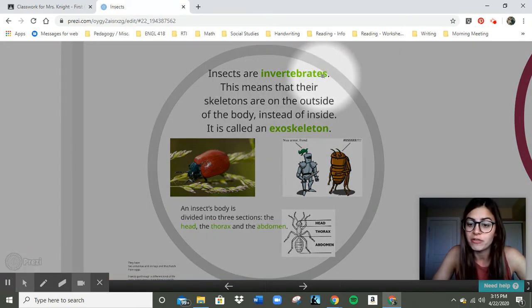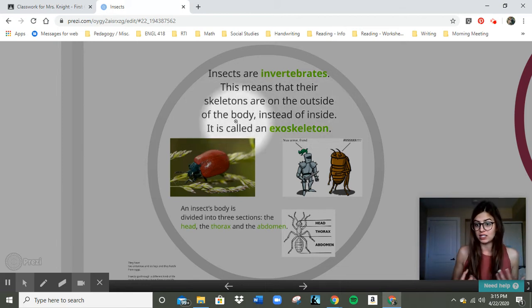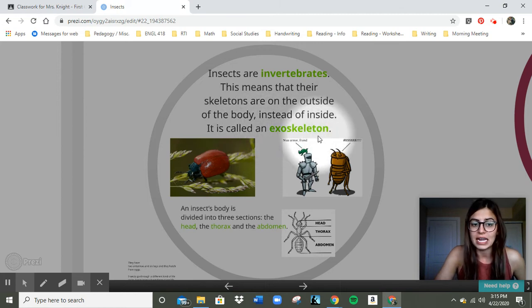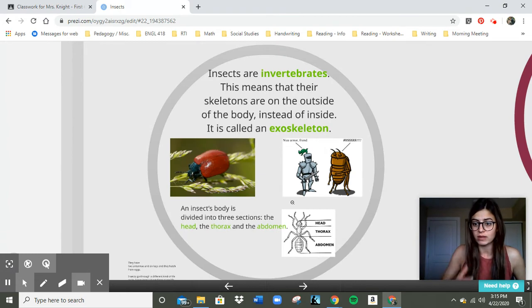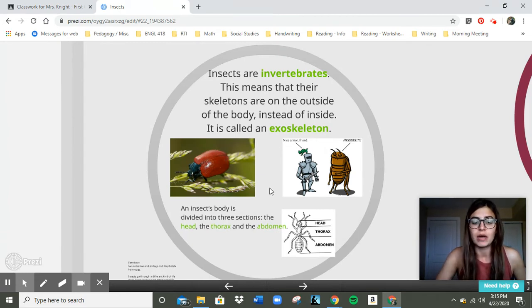Insects are invertebrates. Everybody say invertebrates. That's a huge word. This means that their skeletons are on the outside of the body. So an invertebrate skeleton is on the outside of their body. Ours is on the inside, right? We talked about that a little bit. Instead of inside, it is called an exoskeleton. So an exoskeleton is just that their skeleton is on the outside of their body, kind of like a shield